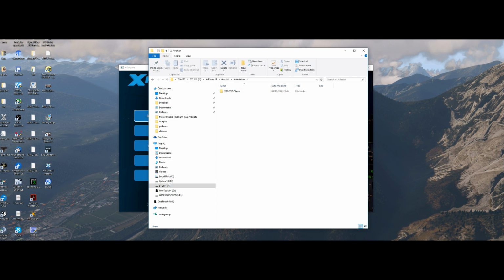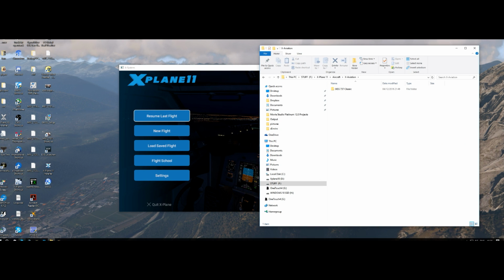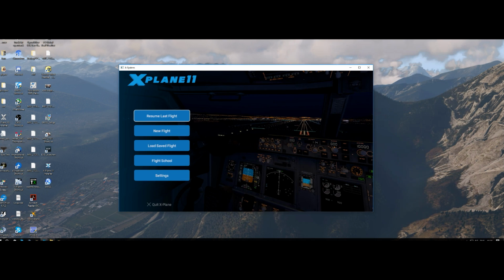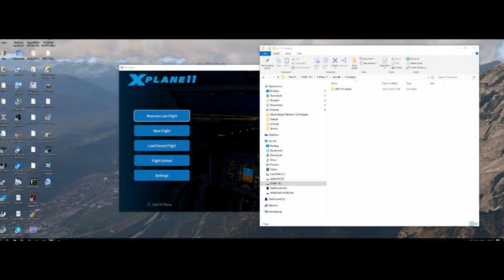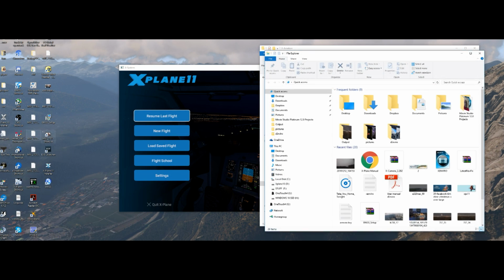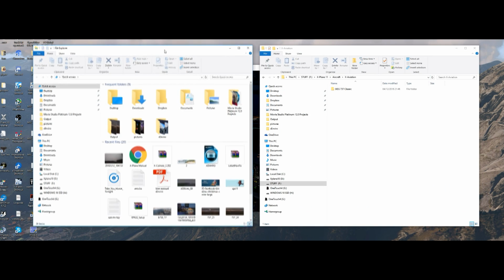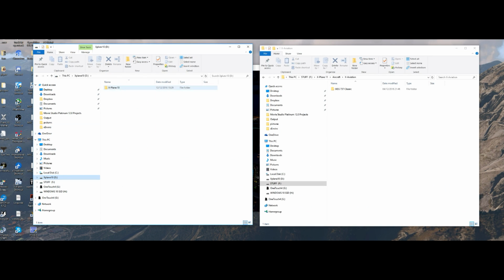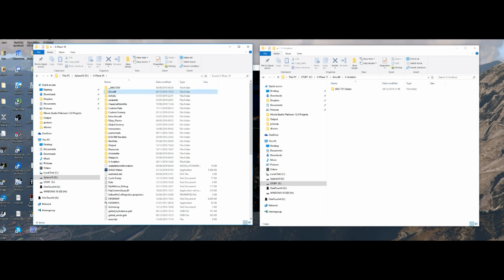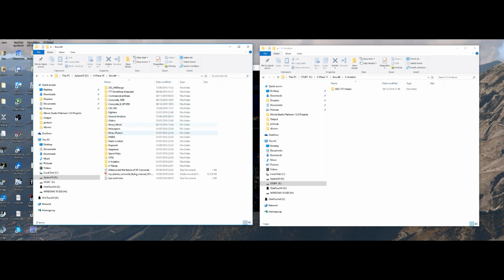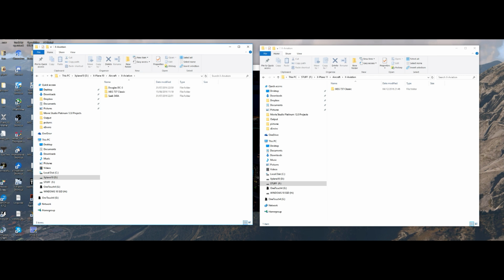Okay, so I want to transfer an aircraft over from Xplane10. So let's see if this works, and I'm pretty sure it will work. So there's Xplane10. We'll go to my aircraft folder, and I want to move over my Douglas DC3. So theoretically, I should just be able to move that from there to the X Aviation folder. So we click and drag,